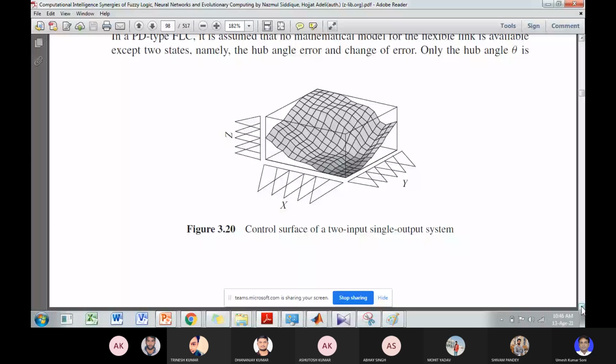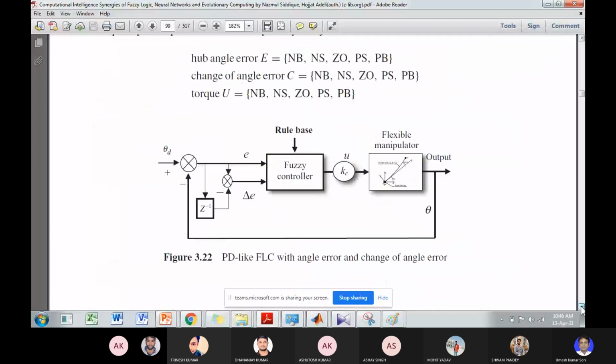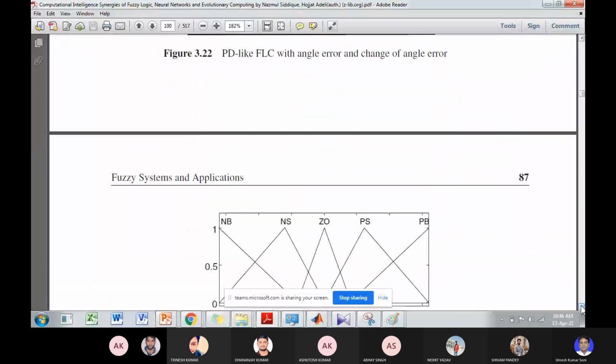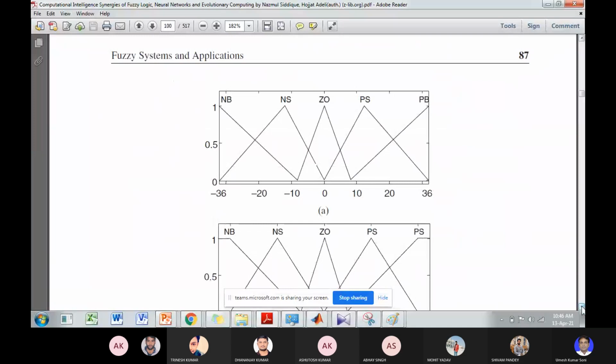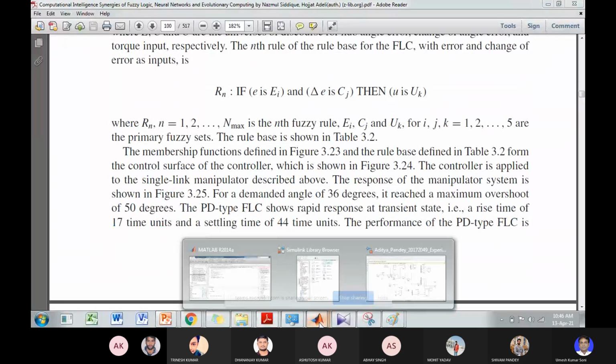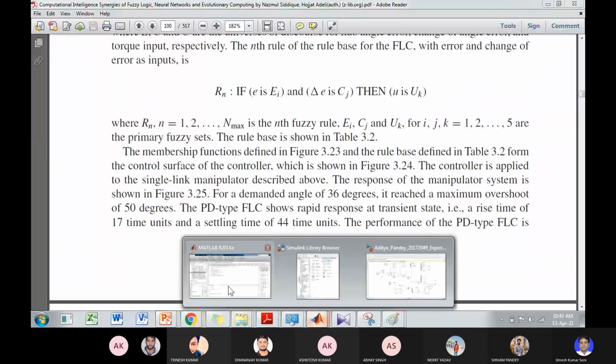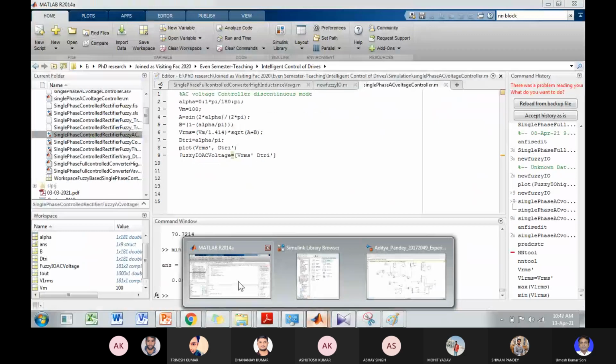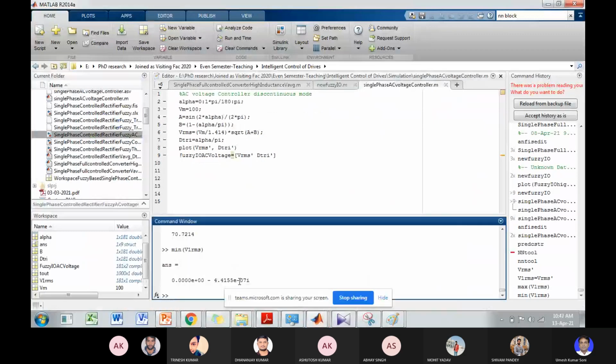Similarly, you have the PD-like fuzzy controller using the parameter. So the range of the inputs and outputs you are getting in the database can be 1. So all the output membership functions will lie within 0 to 1. Okay. So if you design 3 membership functions, the range of membership functions may be divided by 3. So 2 memberships will be at the ends of the range, and 1 membership will be in between them.